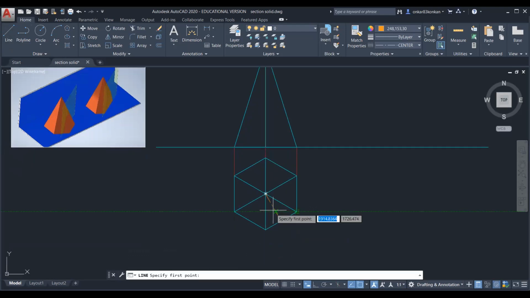Now from this point draw one line at 60 degree.